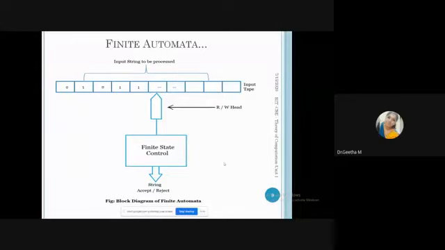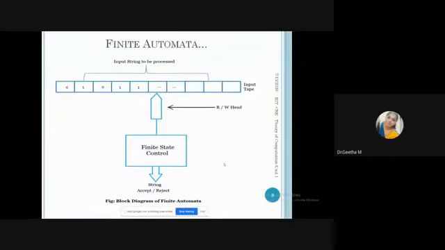Then under the input tape, one read write head is available. It is a pointer or cursor, whatever it may be. In this case, control head, read write head, control pointer, all are the same. So it is a pointer. It can always point to the current symbol to be processed. This pointer is used to point to the location and the symbol available in that location, which is the symbol to be processed next. That's the meaning of this pointer.